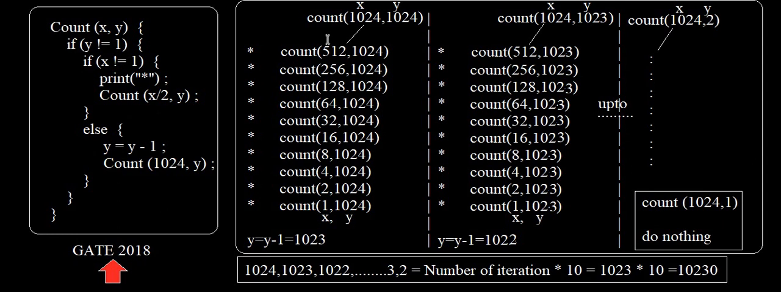Let's see the loop. Now we need to figure out the output of the program if we call count(1024, 1024). Here if we put the values, then x equals 1024 and y equals 1024. Now y is not equal to 1. Okay, then we have to execute the inner statements. So here, if x is not equal to 1, here x is 1024 and 1024 is not equal to 1, go to the inside and print star, and then call count